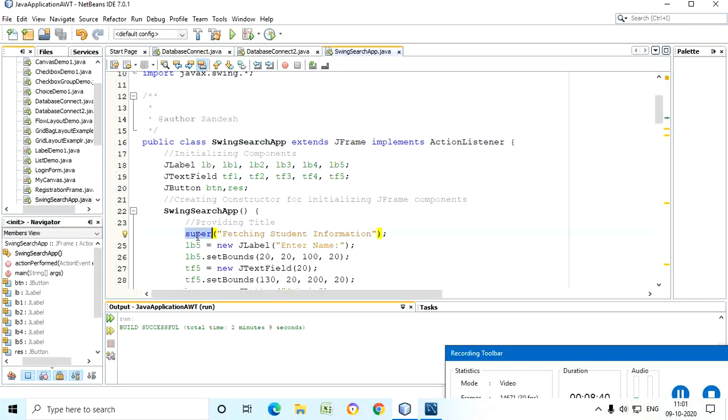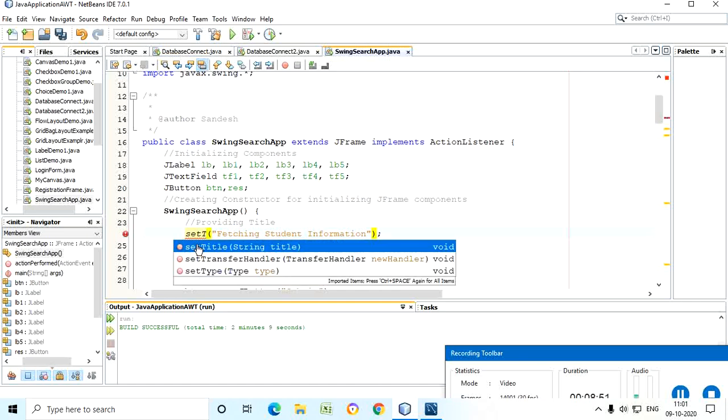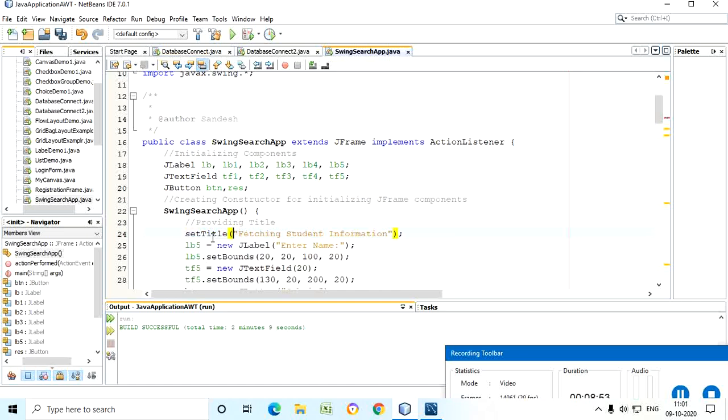It is up to you whether to use a constructor or not. If you don't want to use the constructor, you can write the method setTitle directly. This is the best option you have. The same activity will be performed by using this setTitle method. You can set the title. Now if you observe this particular part, you are not using any object, and it is not required because your class is extending JFrame.